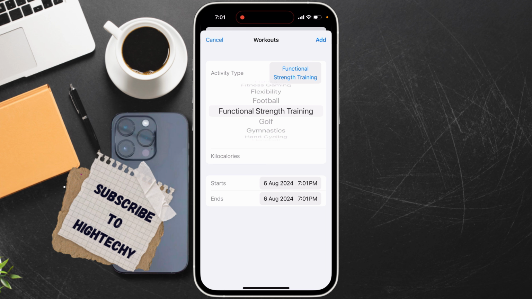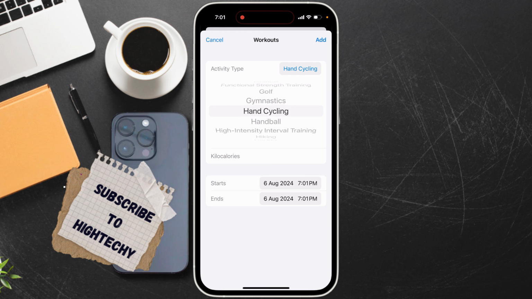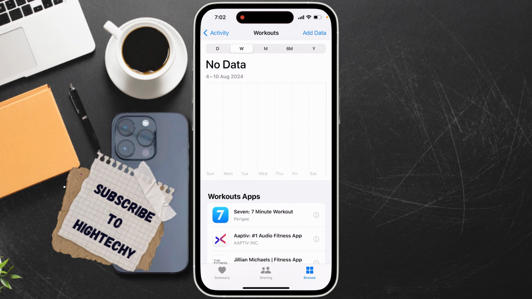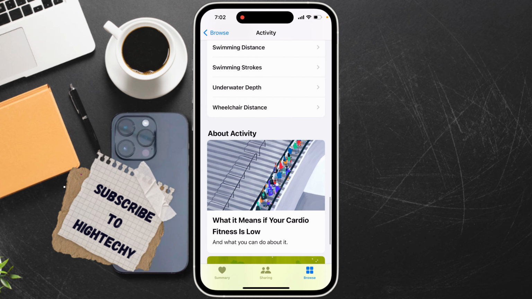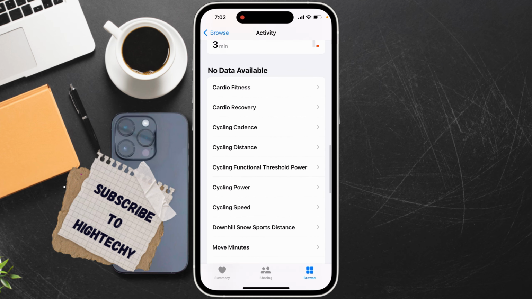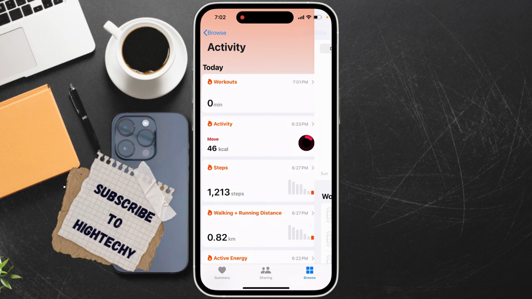If you missed a specific activity like badminton, you can add that as well. Enter the details for activity you want to add. After adding, from here,